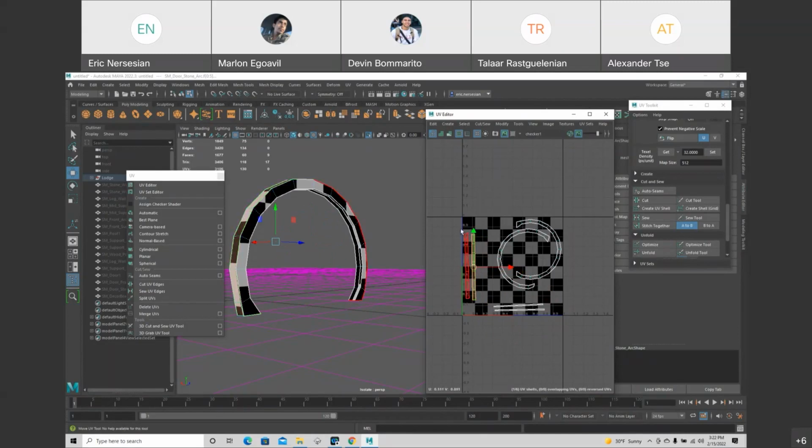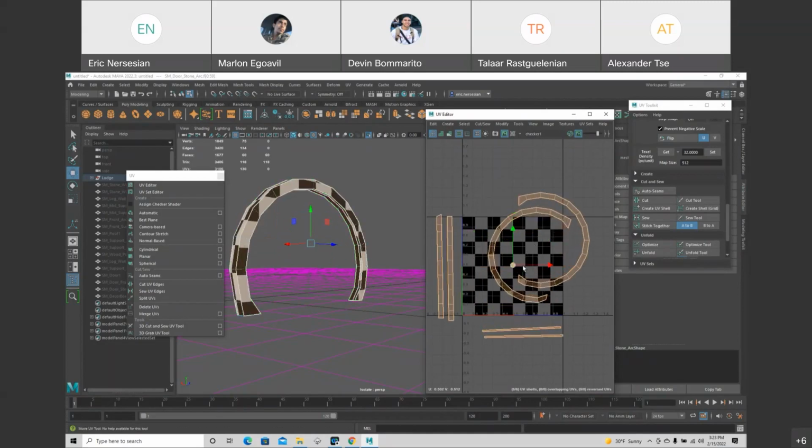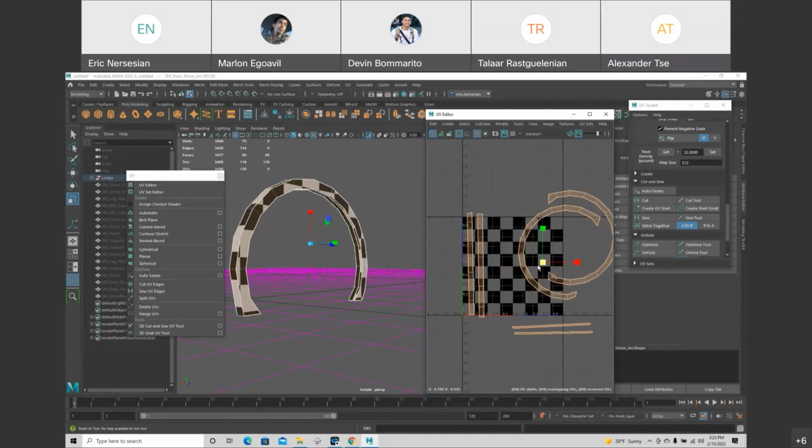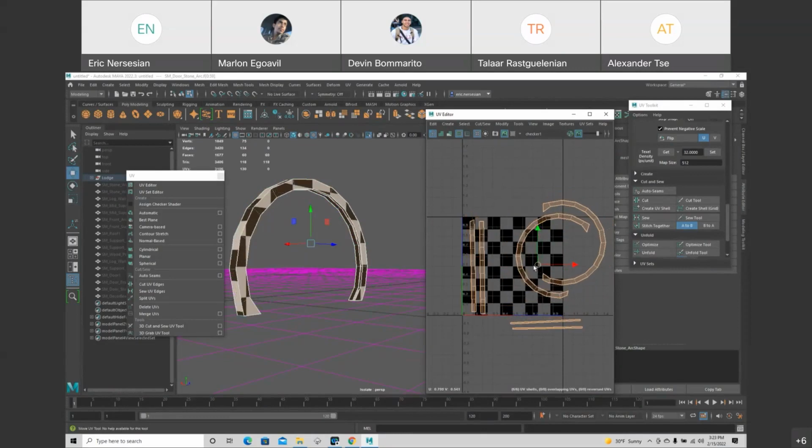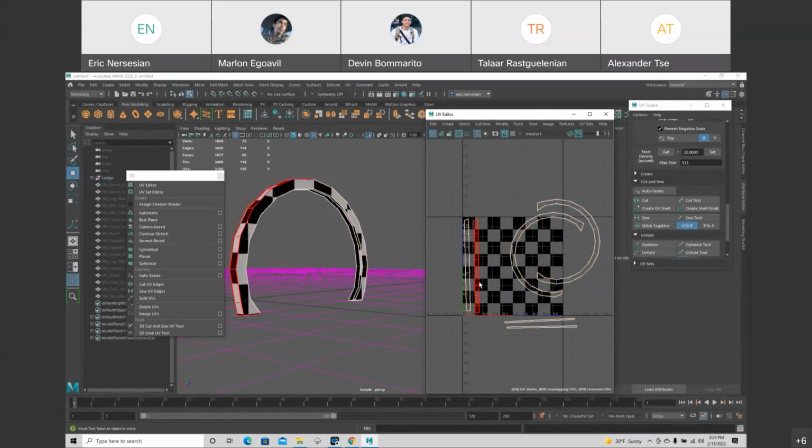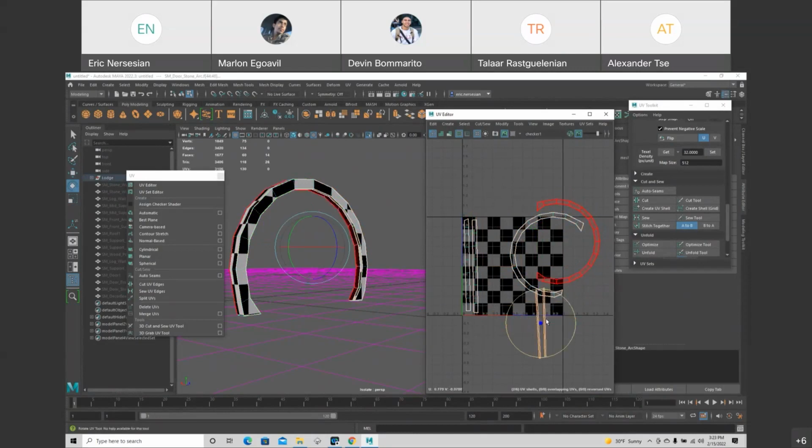I want these to fill up the whole side of the UV space. Notice I'm growing everything so that they stay consistent, but I'm positioning it and moving from left to right. I want these two to fill up the space as best they can, which I achieved.